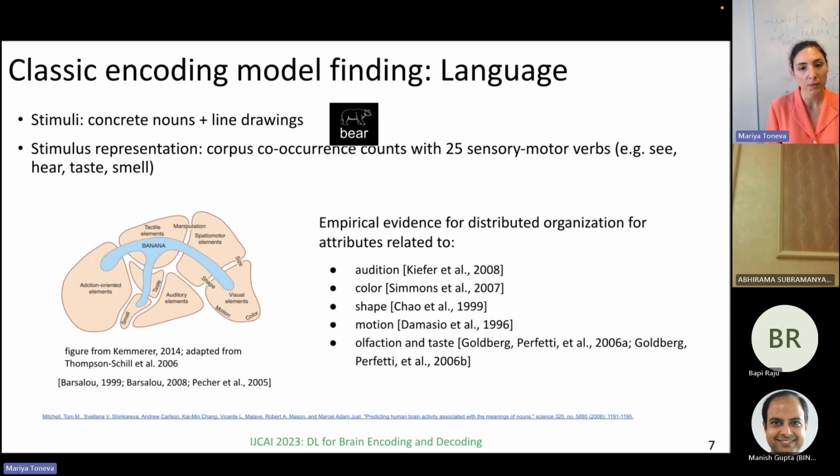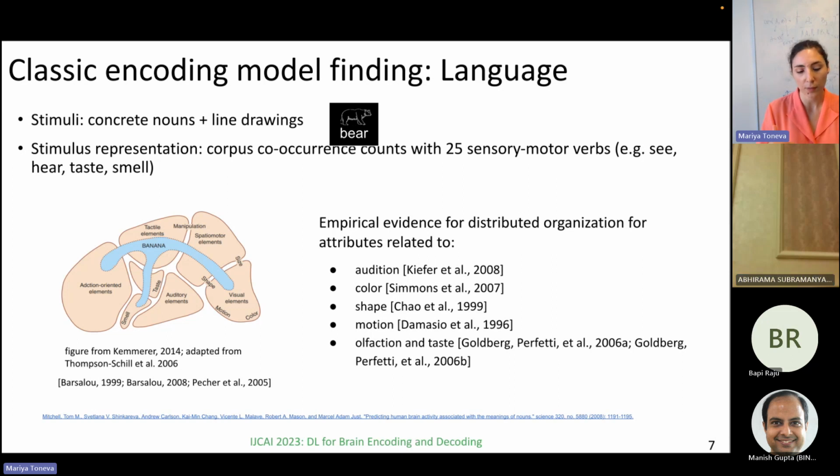The way that the banana smells and tastes would be stored in areas that have to do with actually experiencing what the banana tastes or smells like. So here the point is that even without smelling a banana, if I just said banana to you, this concept would elicit semantic properties in these different parts of the brain that have to do with actually experiencing, seeing and tasting a banana. So there's empirical evidence for this hypothesis, for this distributed organization of attributes that are related to all these different